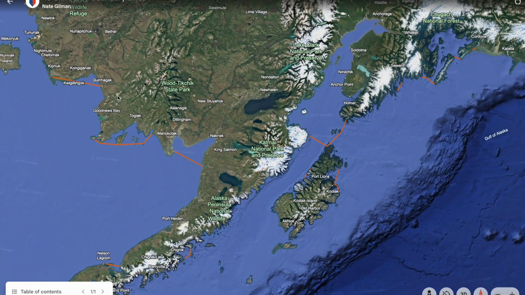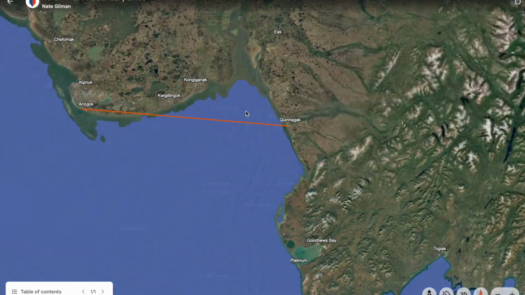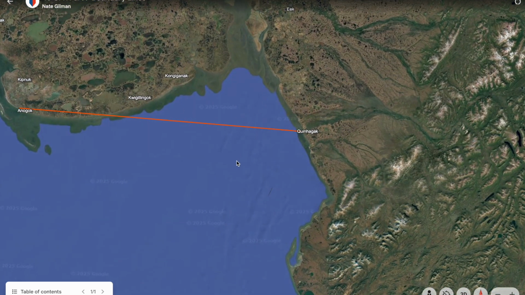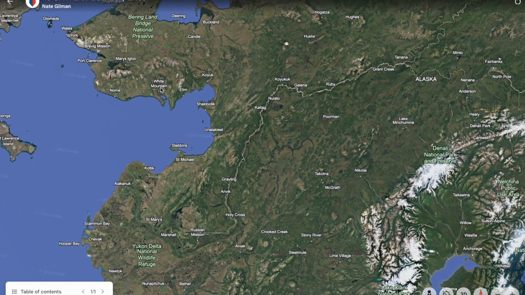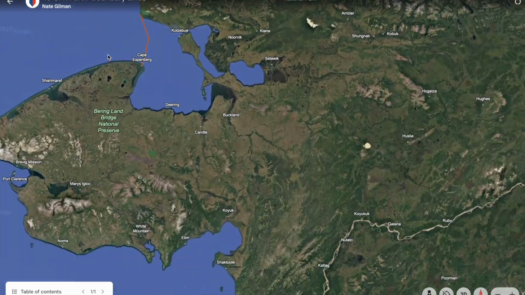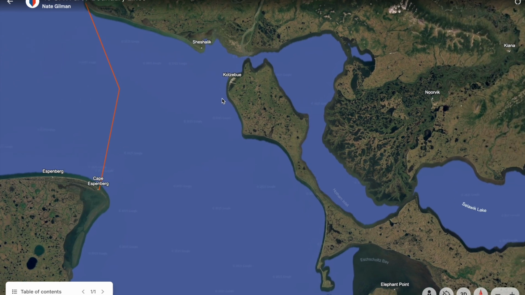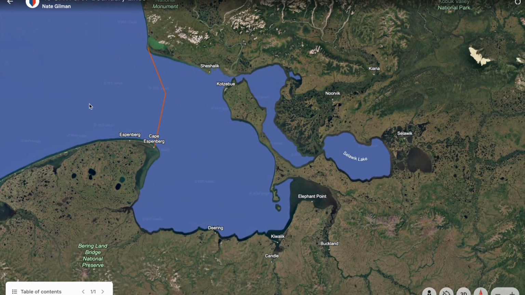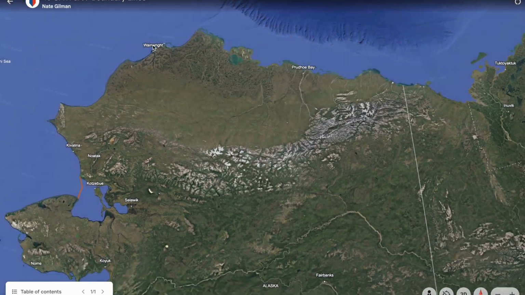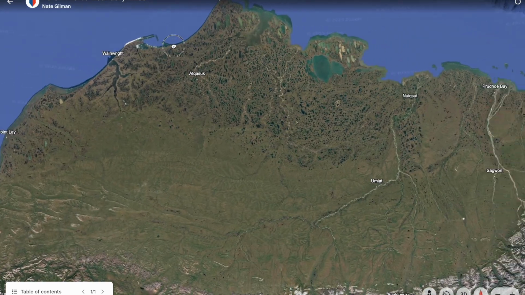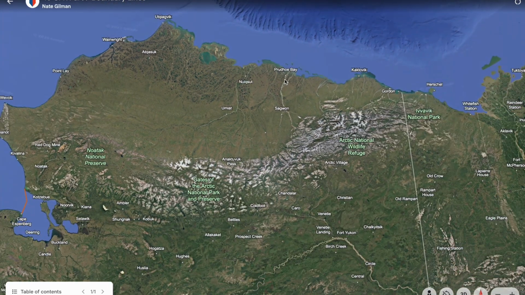As we make our way up, same thing. There's a line of this is all inland, where this is near coastal, so you have to be outside this line to get near coastal time. And as you make your way up north to where not a lot of people go, we're going to see the same thing, right? So if you're up way north here, you're going to want to make sure that this is near coastal and this is going to be inland. And then as we make our way up to the very furthest north spot, we can see Wainwright all the way up and around Prudhoe, you're all going to be on near coastal waters.